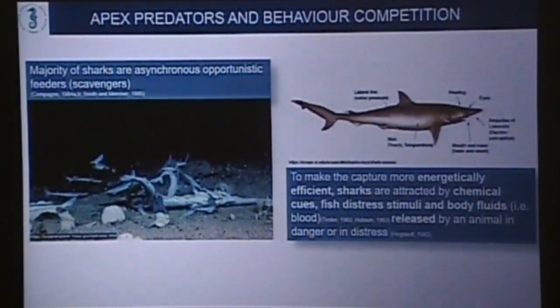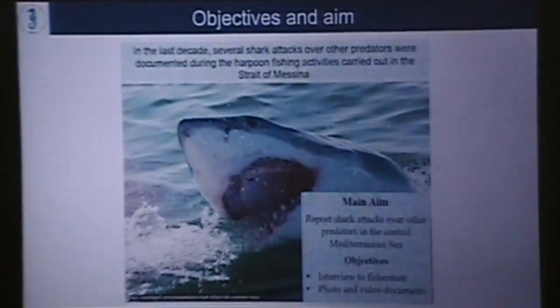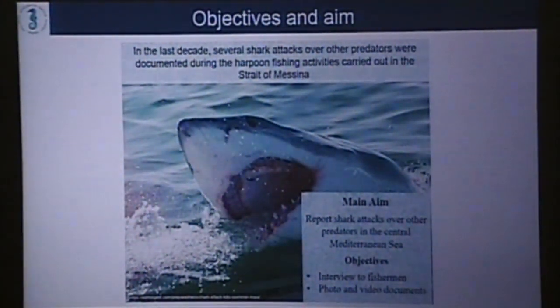Some of them are also considered scavengers. They are attracted by alarm cues, fish distress stimuli, body fluids released by an animal in distress or in danger, which makes the capture more energetically efficient. In the Strait of Messina in the last few years, there have been different records of sharks attacking the catch during the harpoon fishing activity carried out during the summer season. The main aim of this work is to report these attacks using interviews with fishermen and photo and